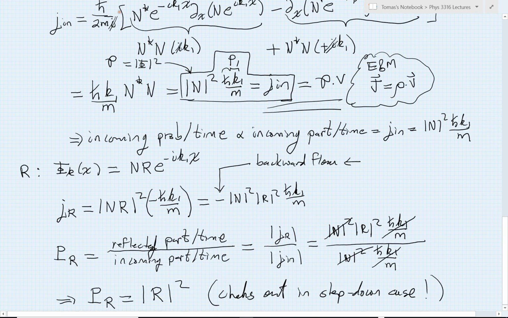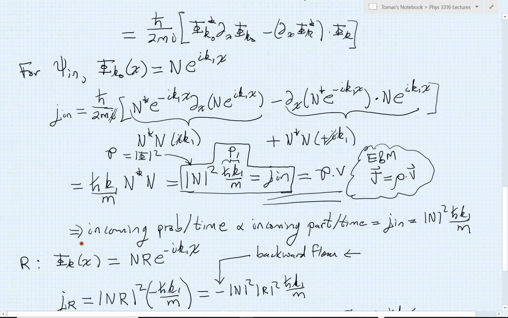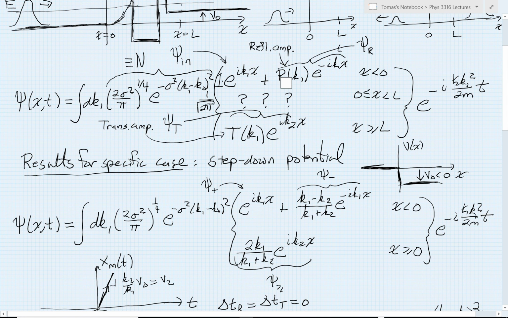Where this new current density method really comes into its own is when we look at the transmitted packet. The transmitted packet is a little bit more subtle. So let's look at the transmission. For the transmission, in my general case again, my time-independent solution now has a somewhat different form. Instead of the extra factor of r, it has an extra factor of t, the transmission amplitude, which is multiplying the incoming normalization. But then its exponential has a different wave vector. It has a wave vector k2.